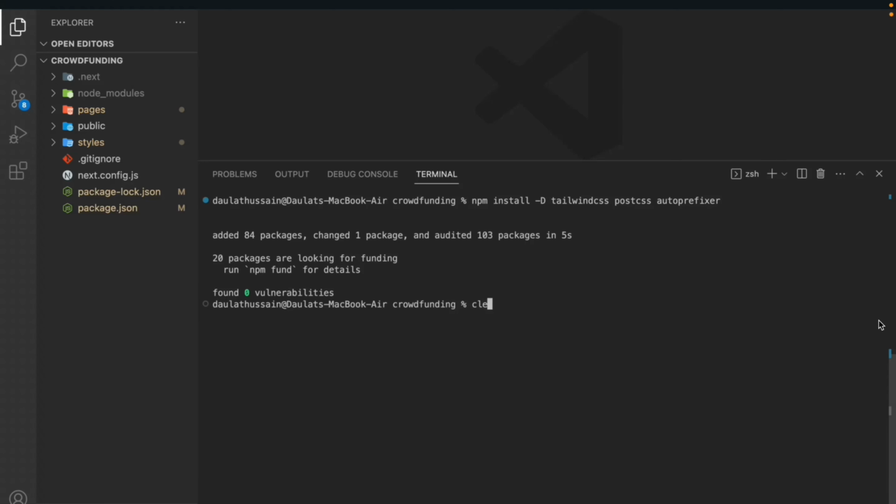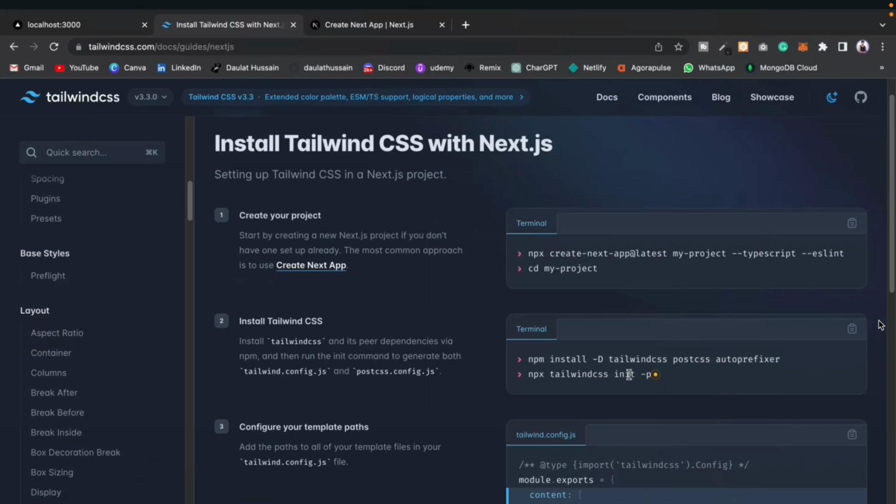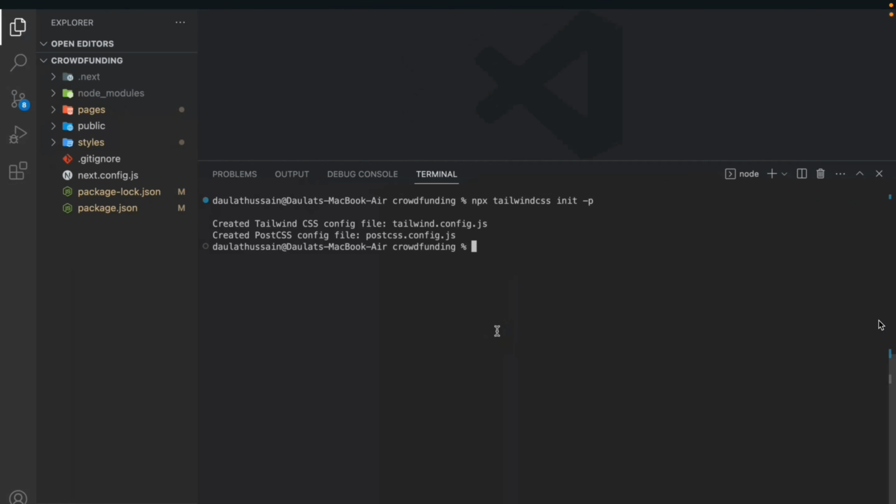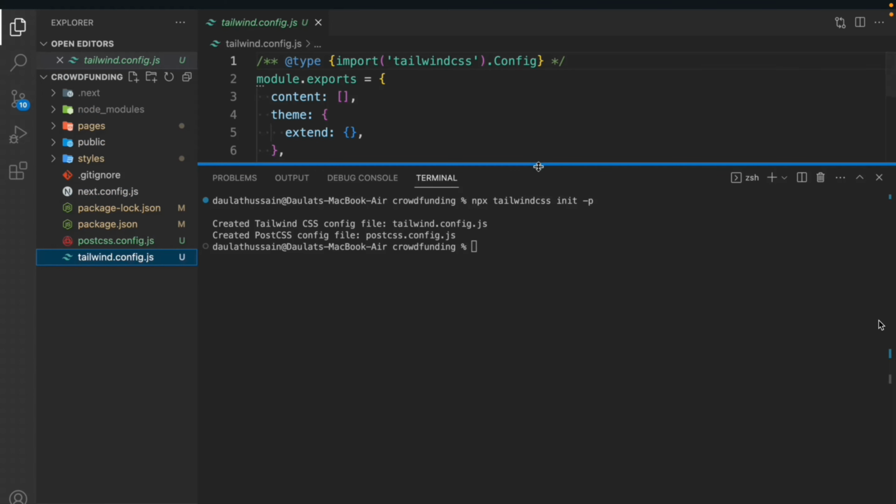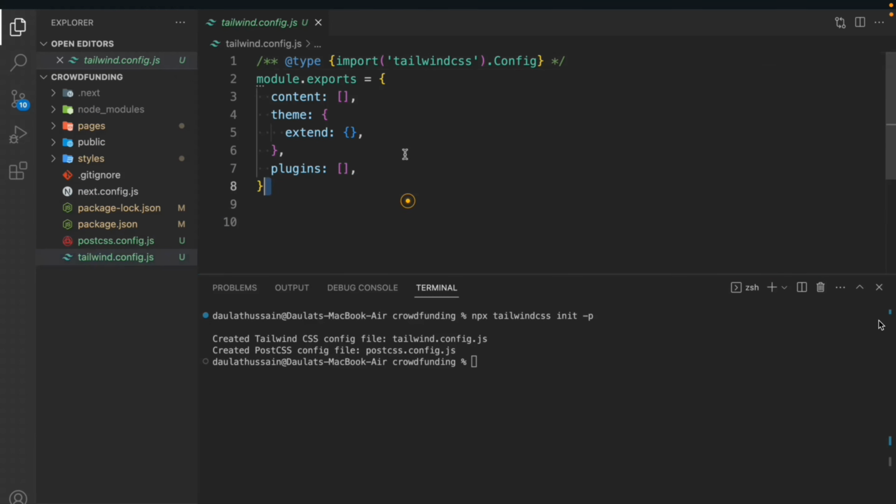So we have installed that one, and now we have to initialize it. So simply grab this command, and that's what we're going to call. So call it, and here we have the initialize project command of Tailwind CSS, and the moment you initialize, it will create a couple of files in your project. So we have this Tailwind config file, PostCSS. If you click on that, here you are able to add all the custom styling which you want to include from your end. So if you want to include the media, colors, fonts, and like the media queries,